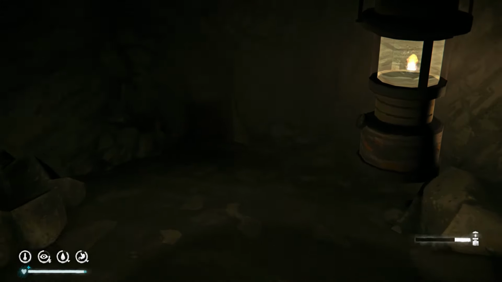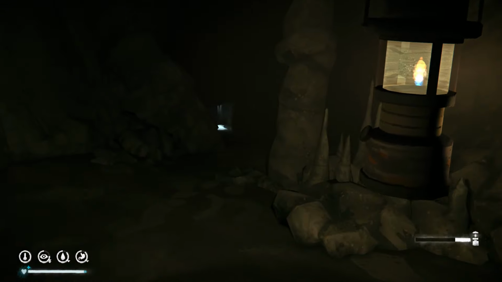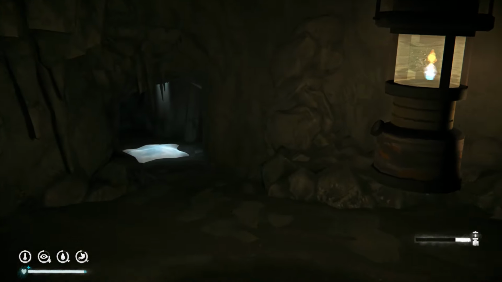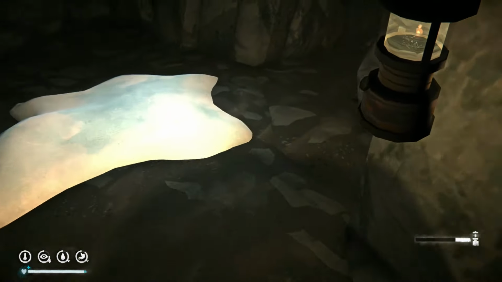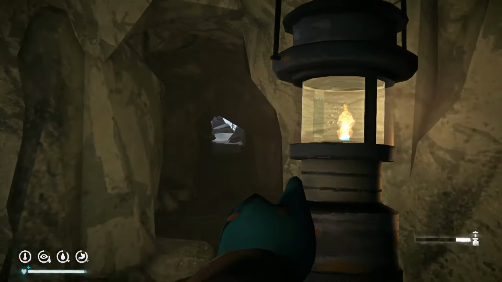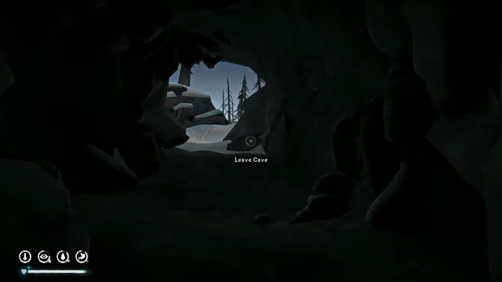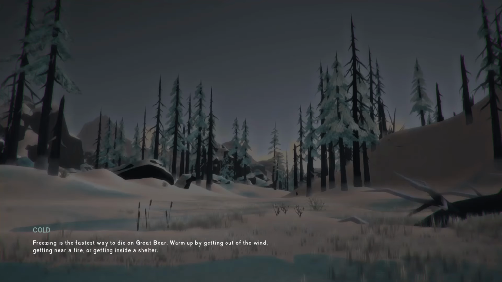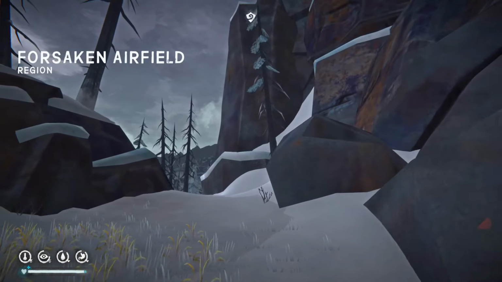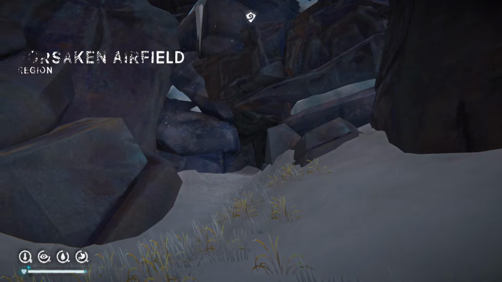And then just follow this tunnel. And there's our patch of snow. So that's how we know that's where we want to be. This is right. Okay, patch of snow. And here's the exit to Forsaken Airfield. Here we are. Excellent. We made it. But that should be how to get from whatever region you are coming from to whatever